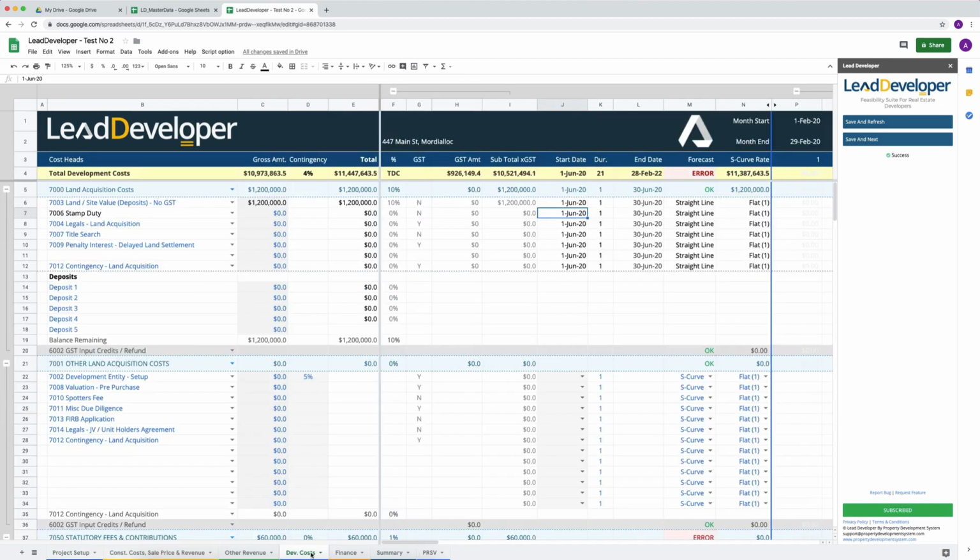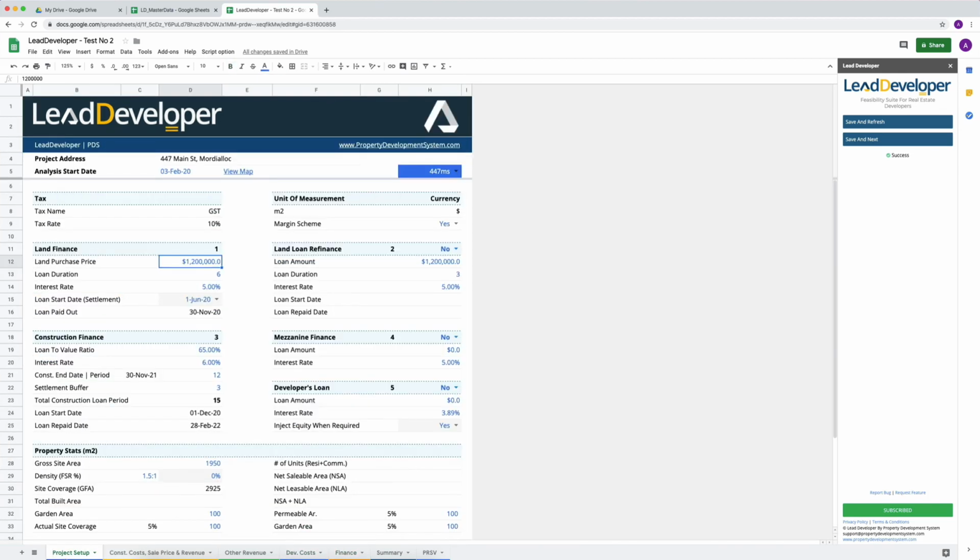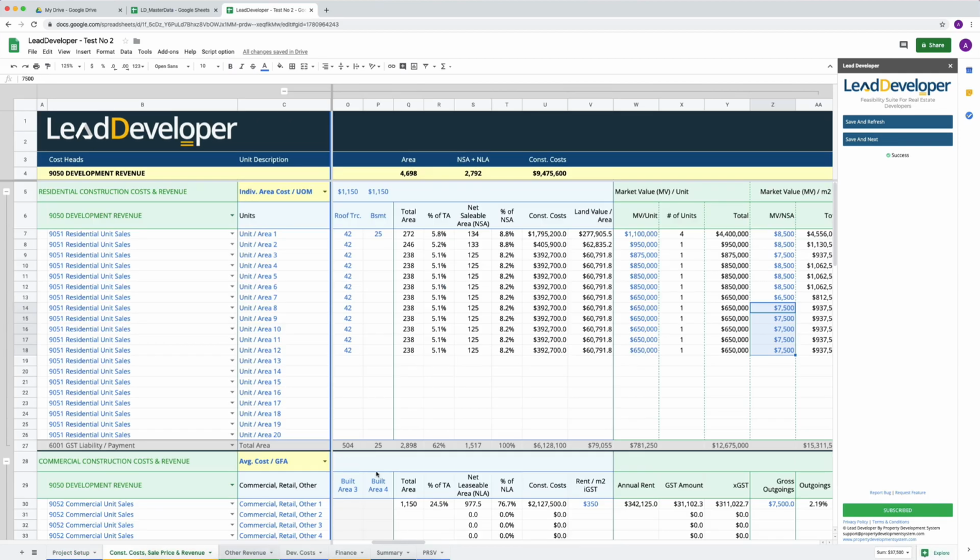progressed to development costs or finance costs, and then you go back to the project setup to change something, or whichever point you go and change something, from that point on, going all the way back to the finance sheet or development cost sheet, you must use save and next, so that every sheet gets updated. It gets the values that have been updated, and it moves from